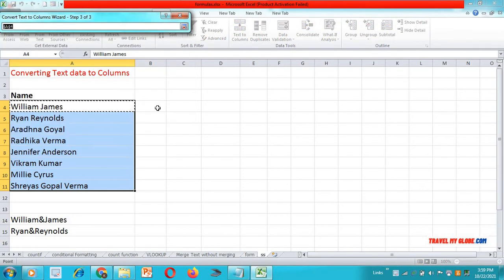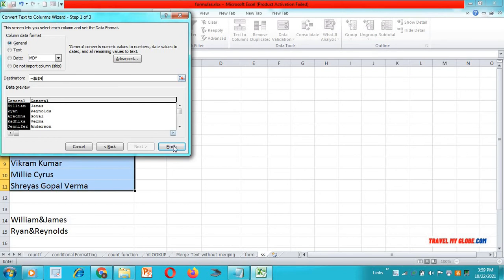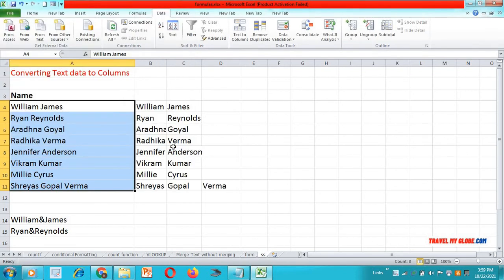Suppose this time we want our data to be typed here. So just select this range or give this cell's address. OK, now Finish. Now you can see that your data has appeared in two different columns without touching the first column. So this is exactly what we were talking about.